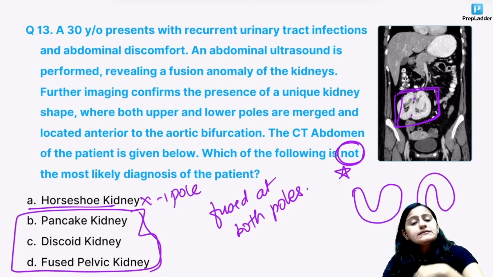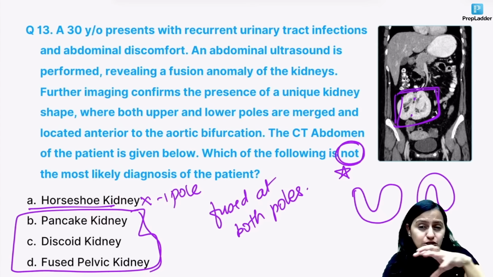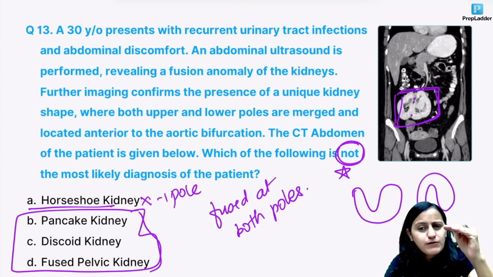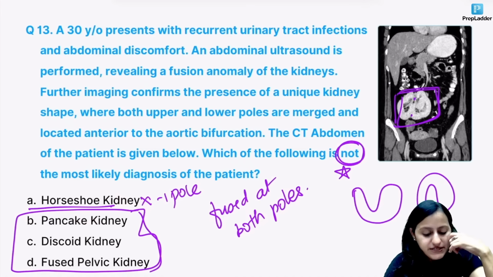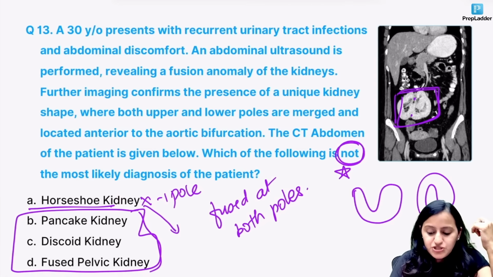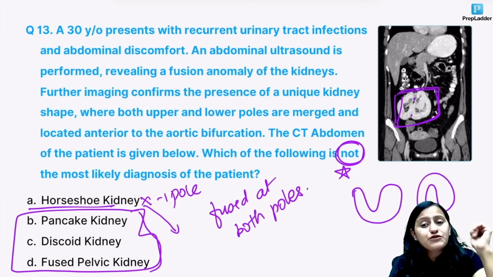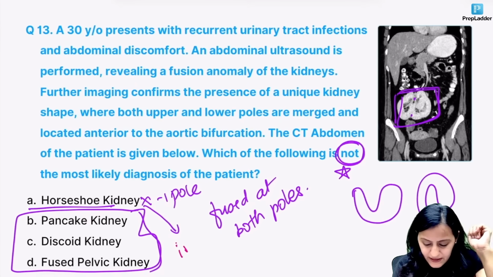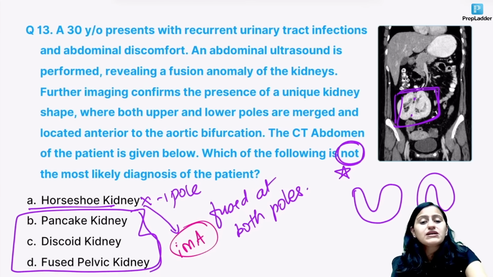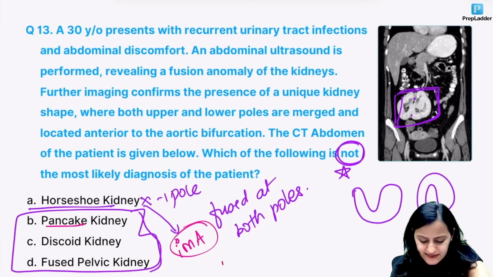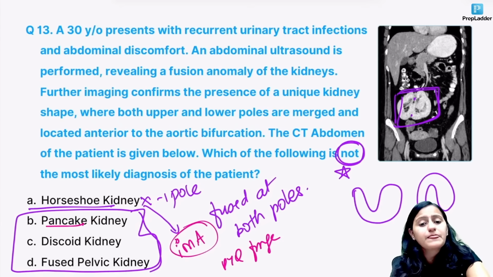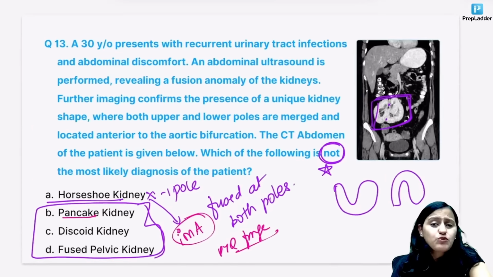Okay. Horseshoe kidney is generally located inferior as compared to the normal location of the kidney. Why? Because what prevents the ascent of the horseshoe kidney? Frequently asked question, which vessel prevents the ascent of the horseshoe kidney? Remember, it is the inferior mesenteric artery. Okay, it is inferior mesenteric artery. Very good, Kashyap. Correct. Okay. Did you understand? Pancake kidney has been asked in one of the previous FMG exams as well. Okay, they are kidneys which are fused at both ends.